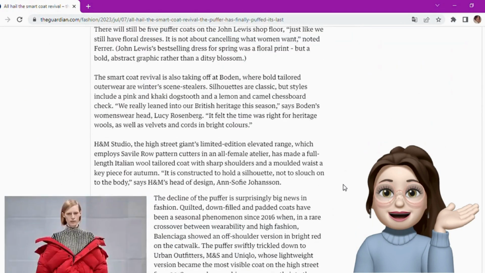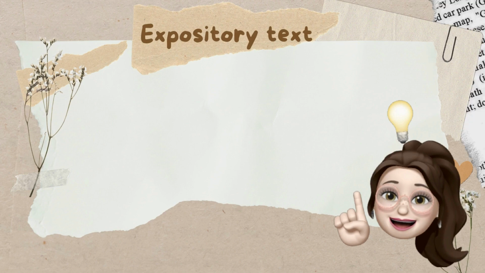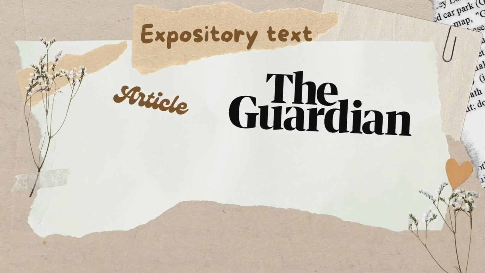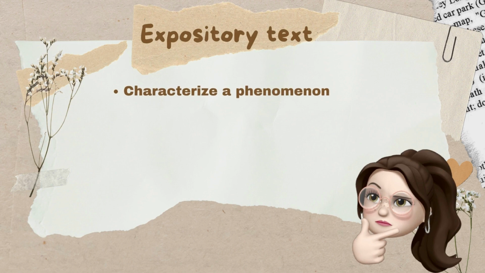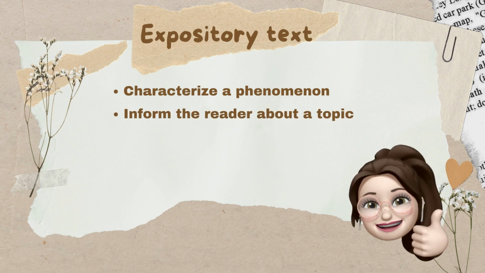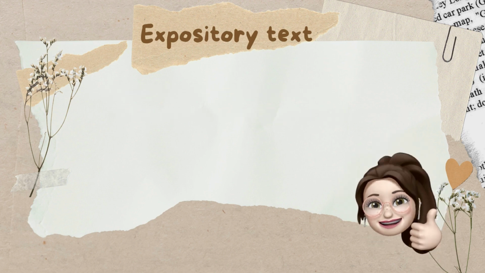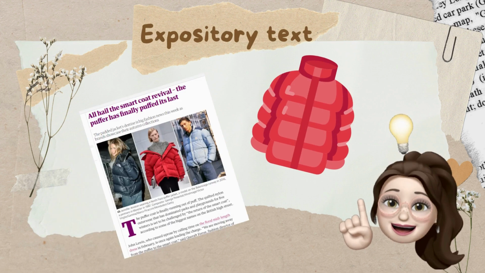Therefore, this text is expository, since it is an article from The Guardian. In addition, its function is to characterize a phenomenon and its parts. Also, the purpose of this text is to inform the reader about a topic. In this case, this article is about the puffer code, why it is finally running out of fashion, and some